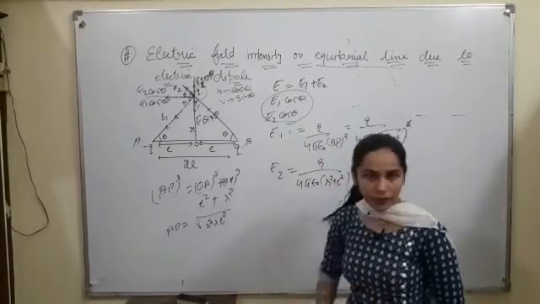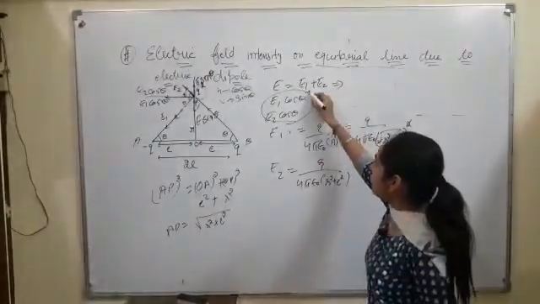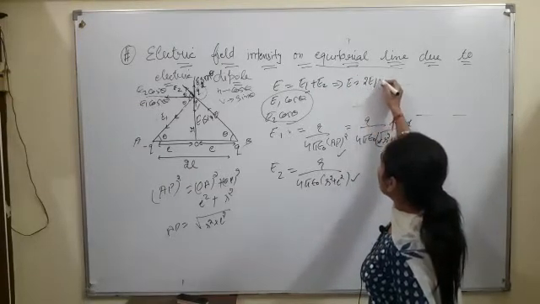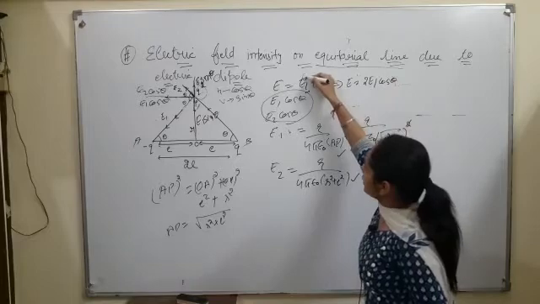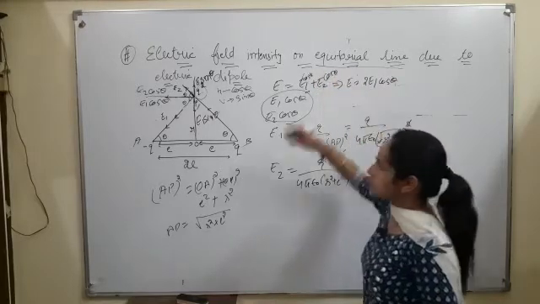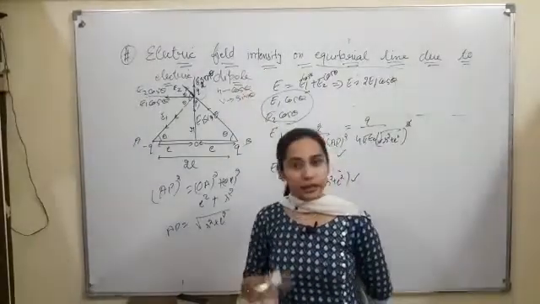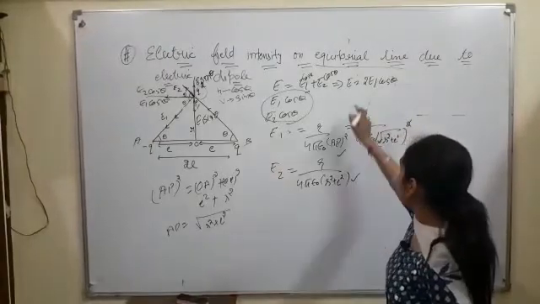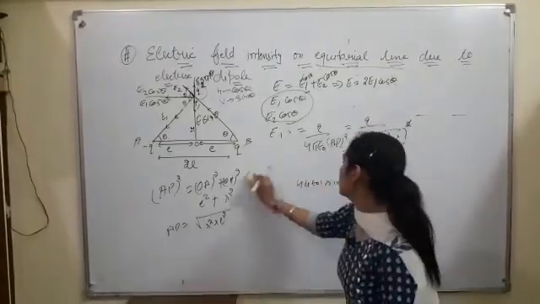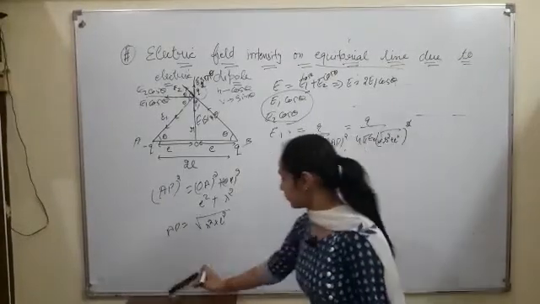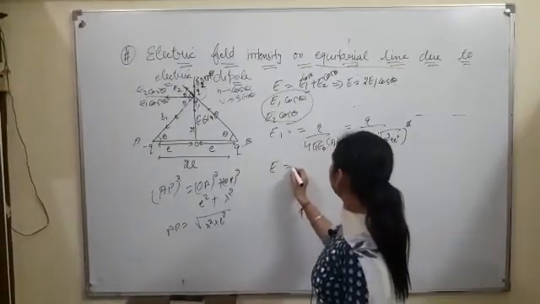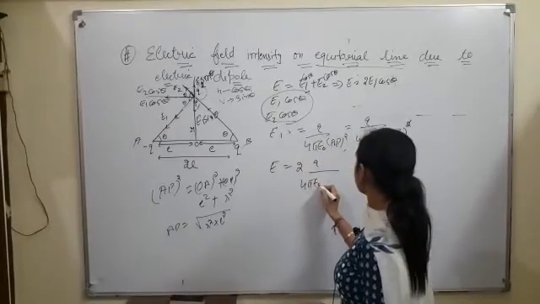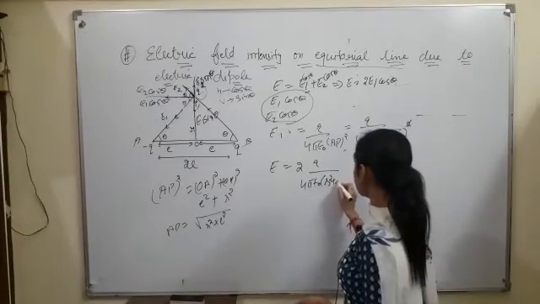Now I have the components also. To find the total, as E1 is same, E2 is same, so I can write E is equal to 2E1 cos theta. Here also cos theta, because we have discussed that the sin theta component will get cancelled out. So 2E1 cos theta. Now I have to put the value of cos theta. Just keep in your mind that E1 and E2 both are same. Net electric field is 2 times the value for E1, Q upon 4 pi epsilon naught into R square plus L square.